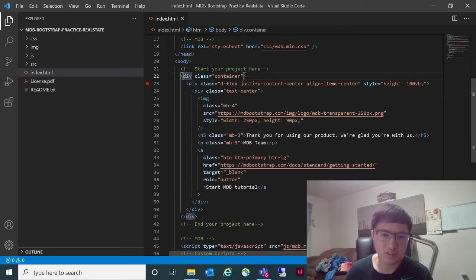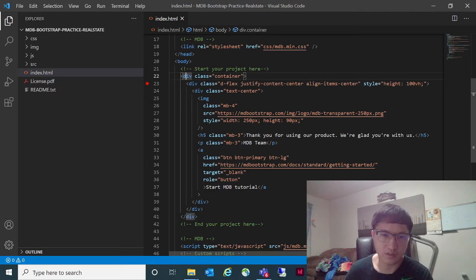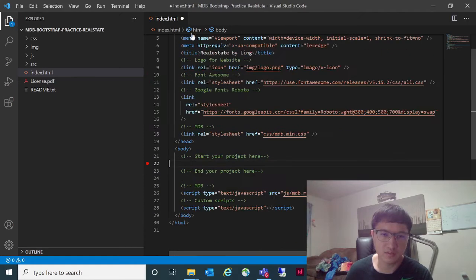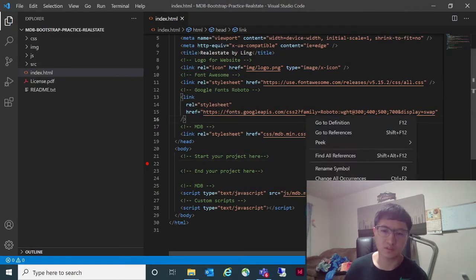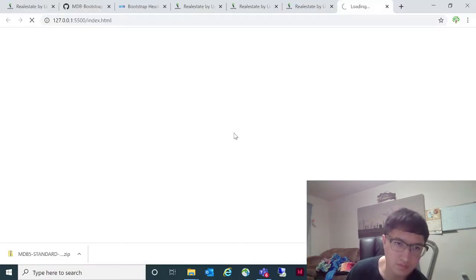Let's change these and let's delete all this, from the start project here comment to end project here comment. Let's delete all that. And file, save. Right click. Should be nothing there. Oh, the logo's as